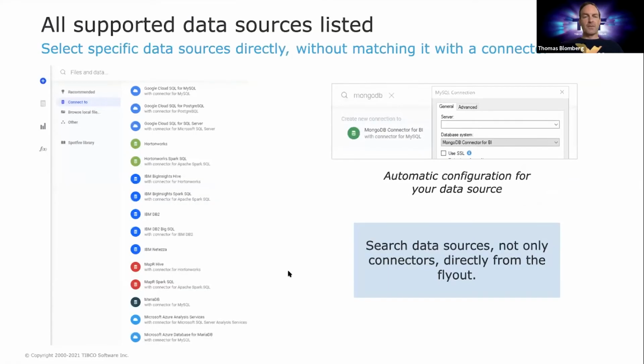Data access. We have connectors, and they used to be available from the Connect to menu. The problem with that is that many of the connectors support multiple data sources. For example, the Apache Spark SQL connector could not only connect to Apache Spark SQL, but also Databricks. SQL Server could connect to Azure Synapse, Azure SQL, SQL Server, and so on. So we have, just to make it easier to find your favorite data source and also show what Spotfire actually supports,